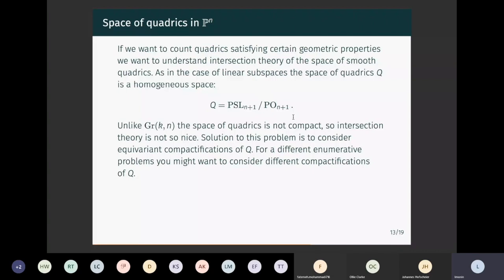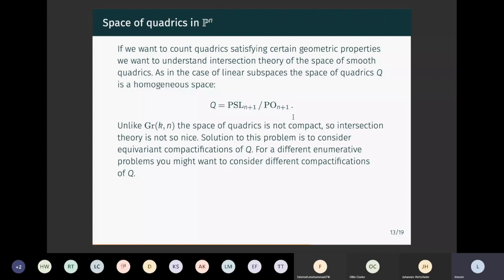So we can make the Schubert calculus precise by working with the cohomology of the Grassmannian or the Chow ring, whatever is more convenient for you. And since the Grassmannian is compact, or complete, intersection theory is nice. But the space of smooth quadrics Q is not compact. So when you do intersection theory, you might have some problems, because the number of intersection points is not